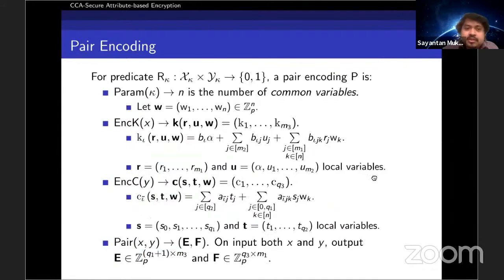So let's first talk about pair encoding. Pair encoding has 4 algorithms: one is param, 2 encoding functions, and 1 pair function. Param gives you the number of common variables, and then there are 2 encoding functions, 1 encoding key and 1 encoding ciphertext, encoding k and encoding c. Encoding k gives you 1 polynomial that will be used to create the secret key. Encoding c